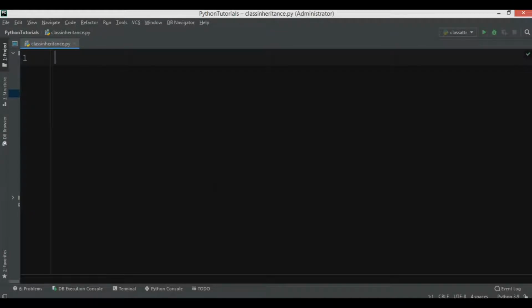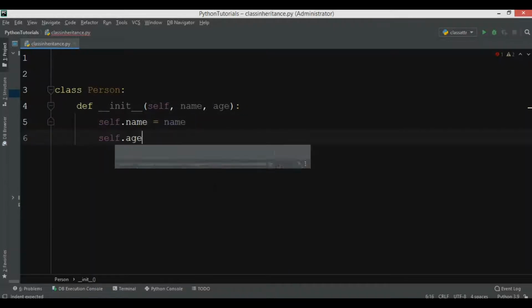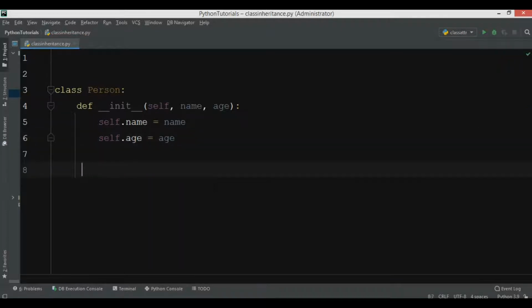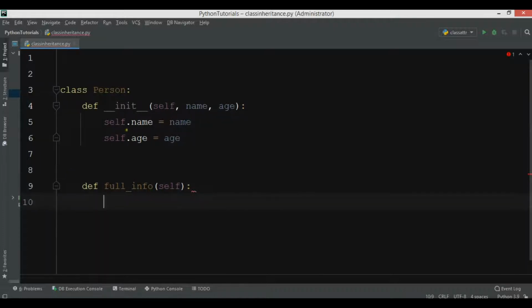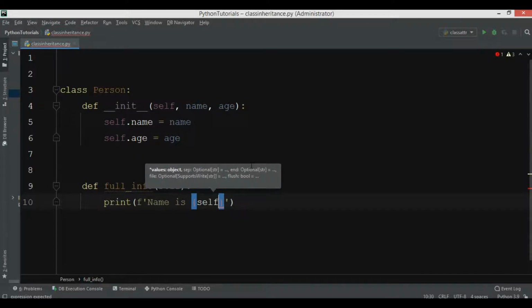Alright guys, now let's create a practical example on class inheritance. For example, I have class person. Let me create my initializer method in here, and I'm going to create name and also age attributes. So name and age. Now I'm going to just initialize this, so self.name and self.age. Also I have a method, for example full info, and in here I want to just print the name and also age, so I can say print, name is self.name